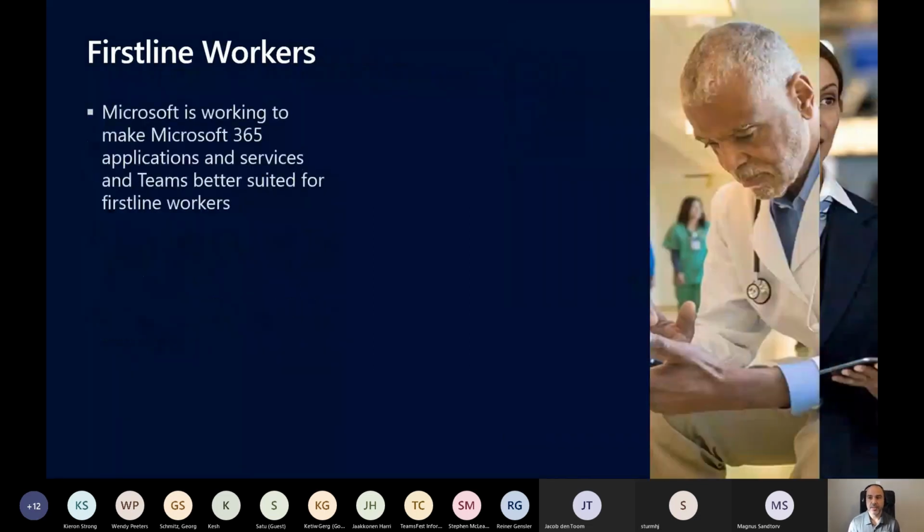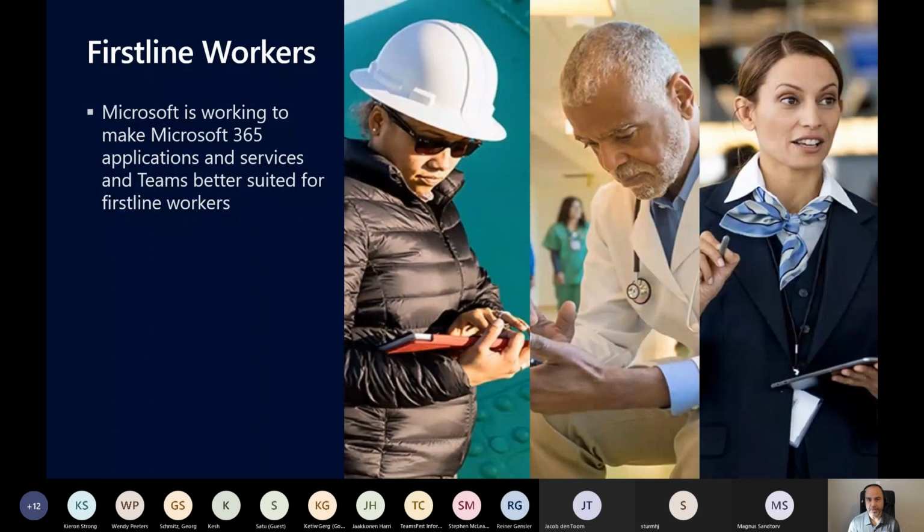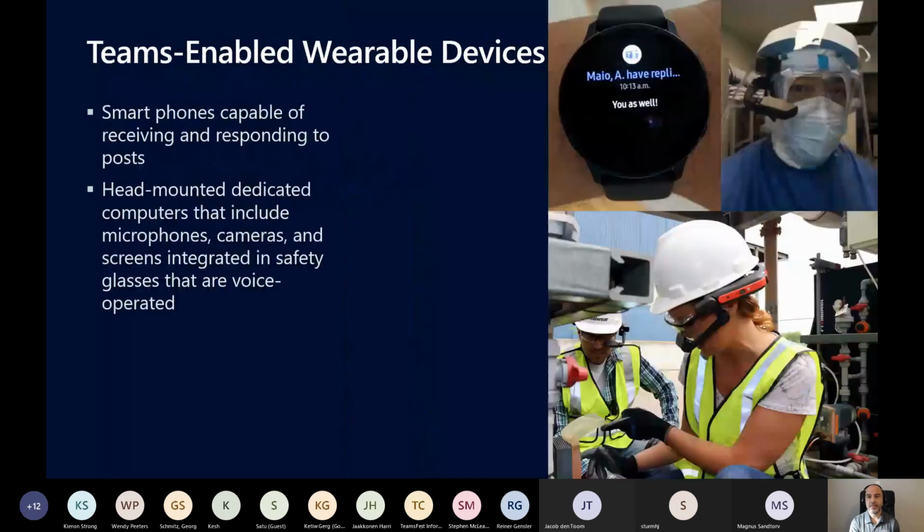And so Microsoft has been trying to make efforts, and Microsoft Teams Mobile is something I want to talk about today. I'm going to be showing some of the basic functionality, but I want you to think about what the first-line worker experience will be using the tools, right? And besides the basic device, Microsoft has gone beyond it, where they now support Microsoft Teams on wearable devices like phones.